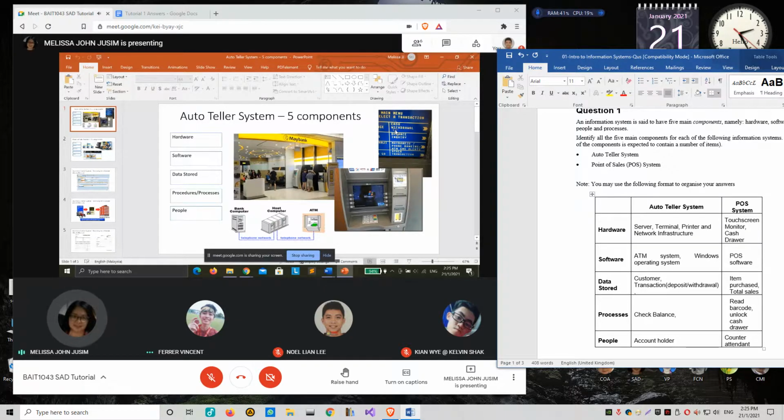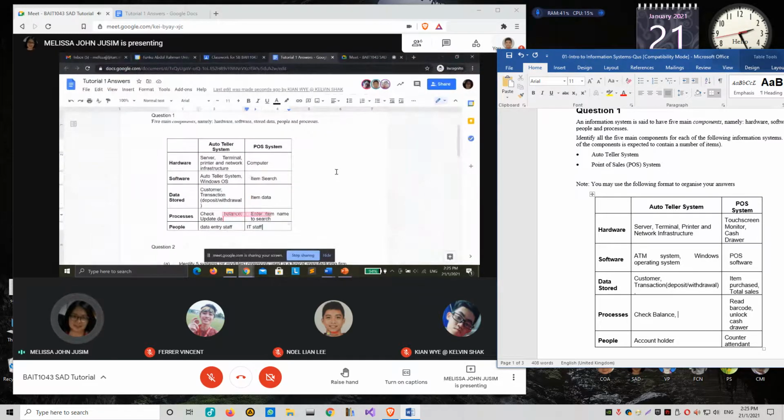But before that, what will happen to the data stored for that particular user? Updated. Yes, correct. A very important process is to update the customer account.